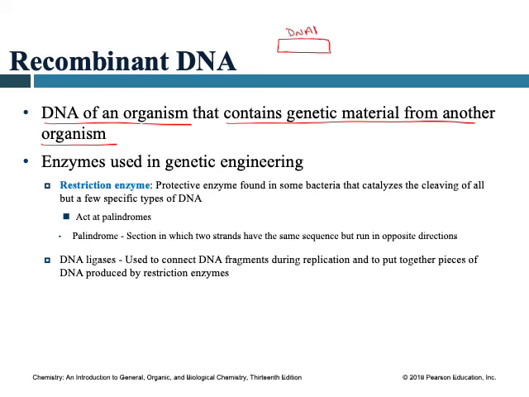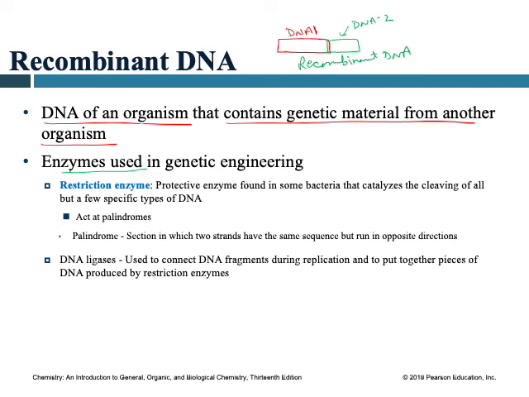If this DNA is combined with another DNA molecule that comes from a second organism, this we call recombinant DNA. Right? And we need to use some enzymes to ligate or add this second DNA to the original DNA. So what's the process? The process is,